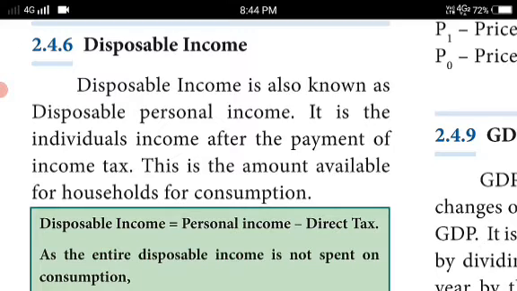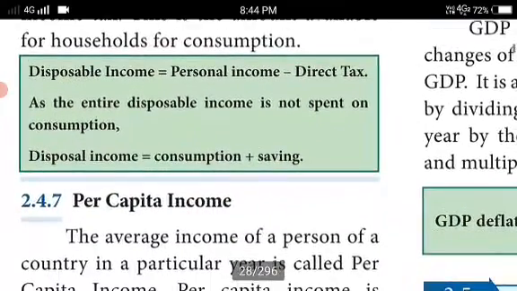How much they are going to pay for their consumption, for their family. So household for consumption, which is disposable income. Once they are spending money, it cannot recover, it cannot be spent again. So disposable income equals personal income minus direct tax. That's why we are saying